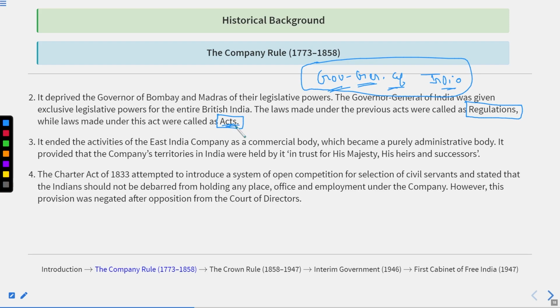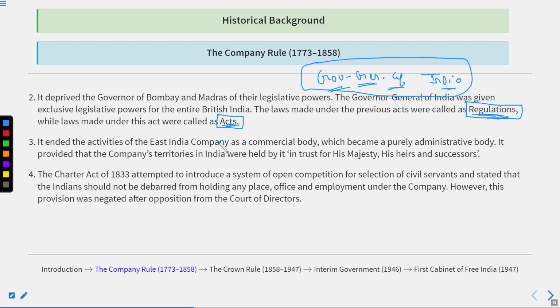So if the question asks you in the examination, what is the definition of the regulations and acts as per the Charter Act of 1833? Remember, the laws which had been made before the Charter Act of 1833 were renamed as regulations, and all the laws made under the Charter Act of 1833 and after it were named as the acts. Got it? Thereafter, it ended the activities of East India Company as a commercial body, which became a